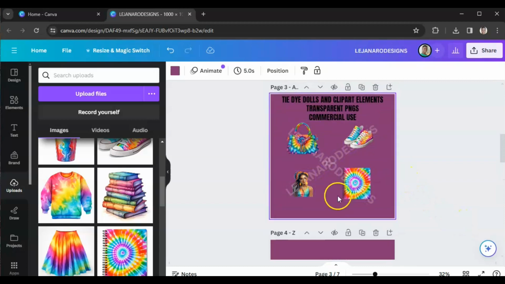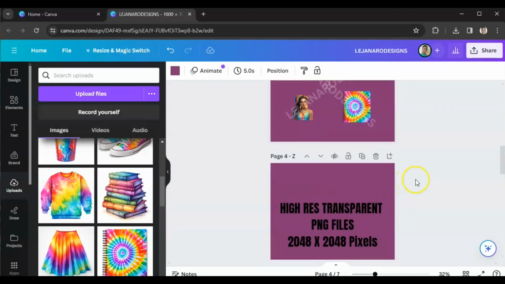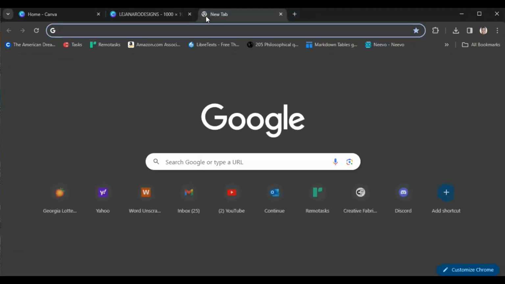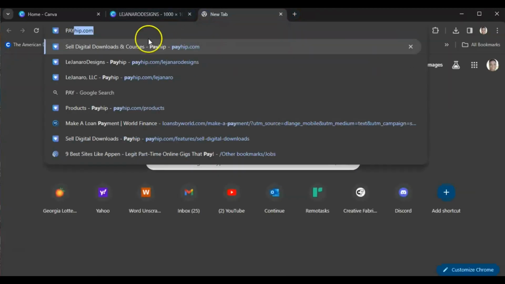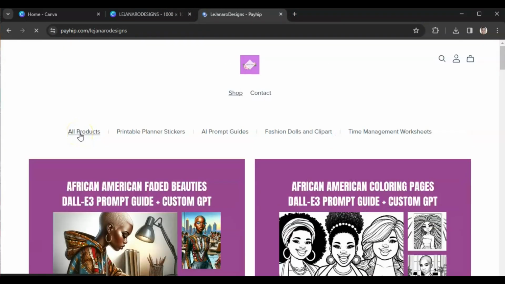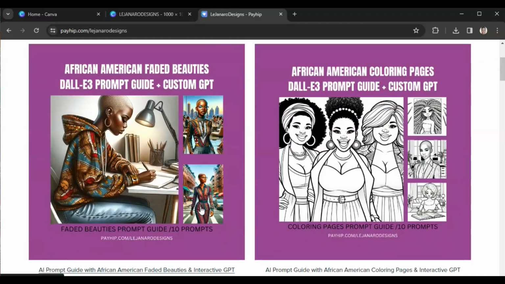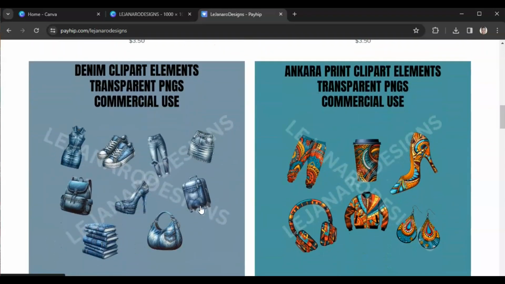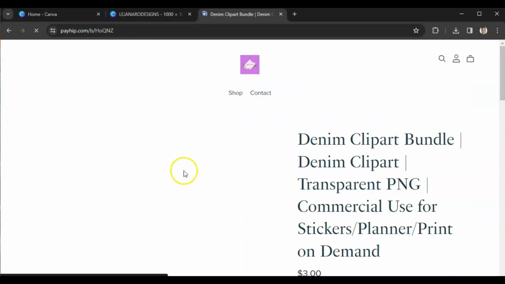So I'll probably end up putting more images here. Like I said, I'm going to download all three, this page, and this page. And I'm going to go to my store and I'll show you what it looks like on my store. I'll show you one of the ones that I already have up on my store because of course, I'm not finished with that one yet. So here's the denim one. When you click on that,